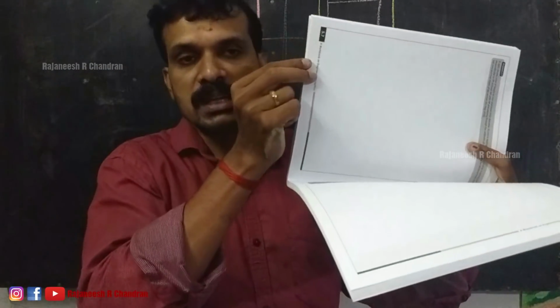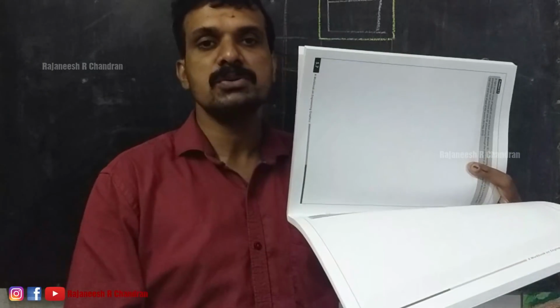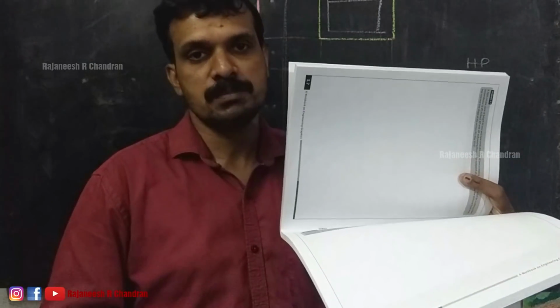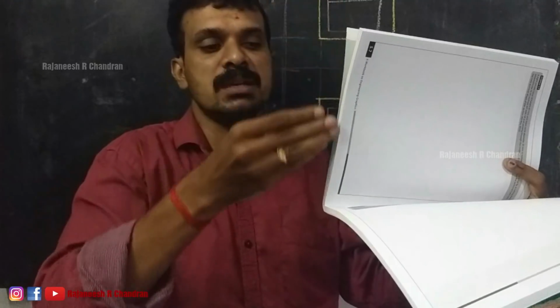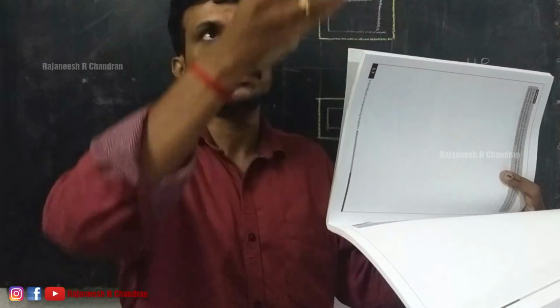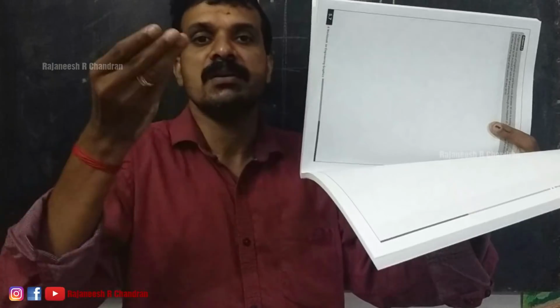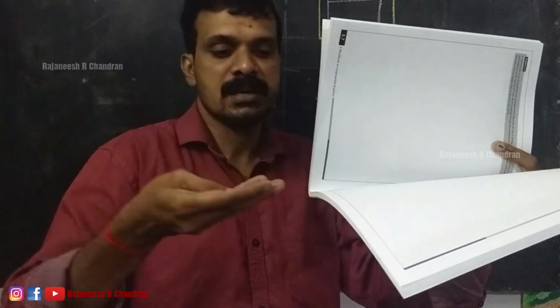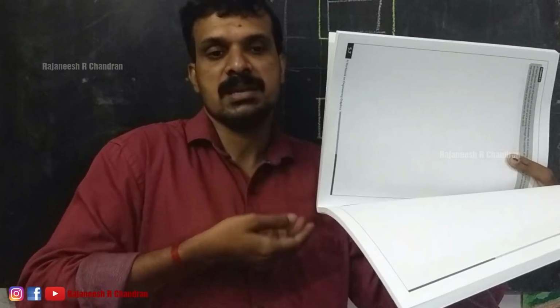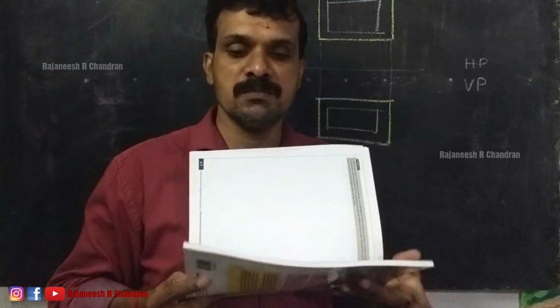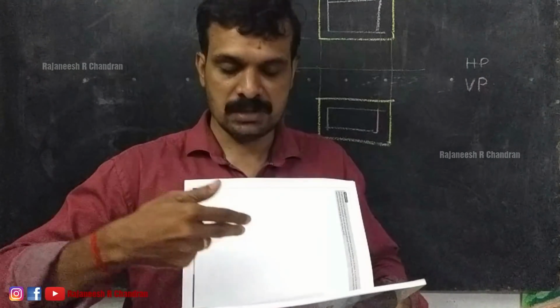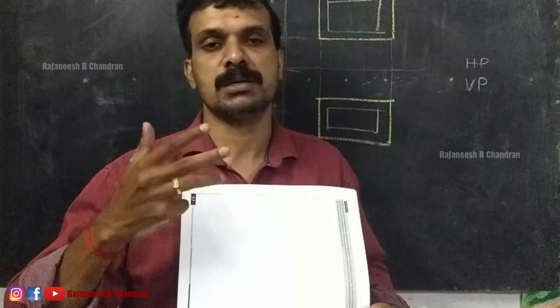Also, this vertical plane is perpendicular to the ground, or perpendicular to HP, and also has infinite length. It extends in this direction as well as in this direction. Similarly, the horizontal plane also extends in this direction, having infinite length, in this direction as well as in this direction. So the horizontal plane will be parallel to the ground and the vertical plane will be perpendicular to the